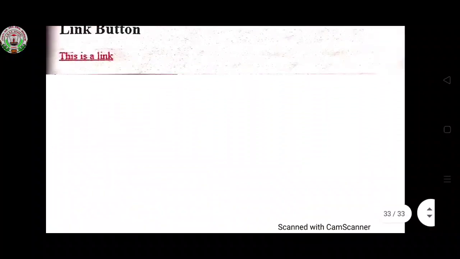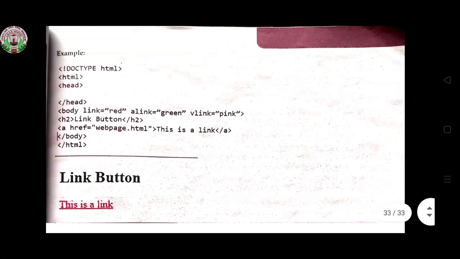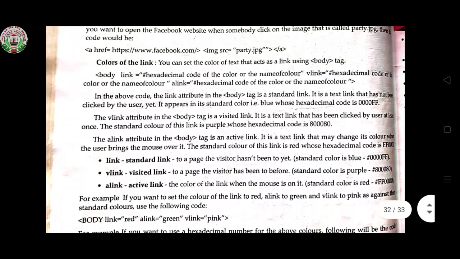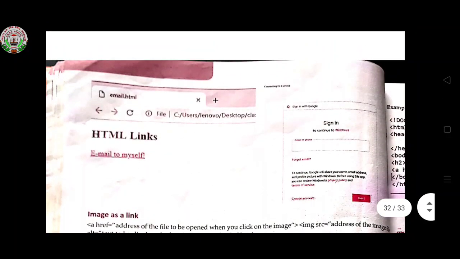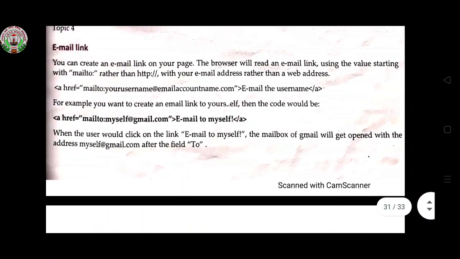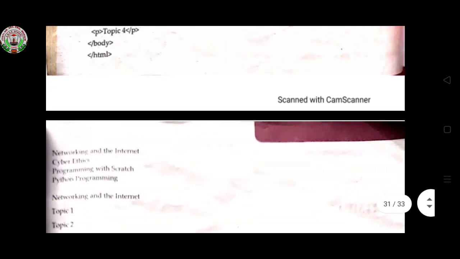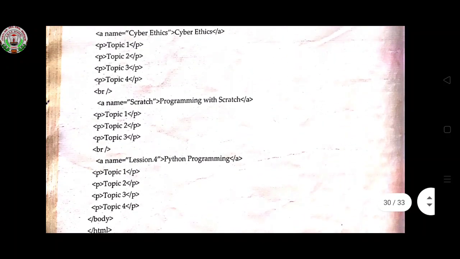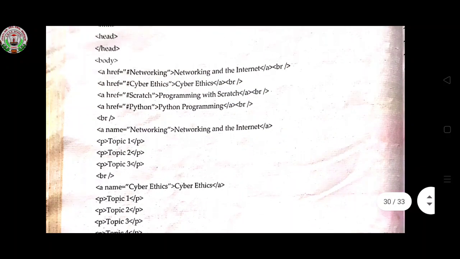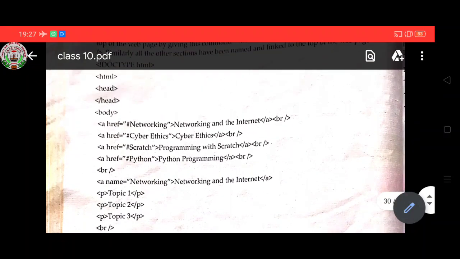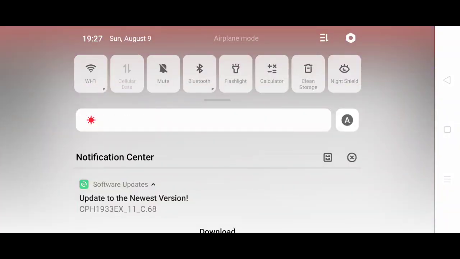So children, this chapter is completed, the HTML chapter is completed. In the next class I am going to give you notes from this chapter. This chapter is very important, small things are given. Study nicely and practice all the tags so that you can easily write tags in your copy. If you do not have a system, there is no issue, take a textbook and try to write code, so that it is very easy for you. When you get a question in the exam, you can easily write the tag for that question.